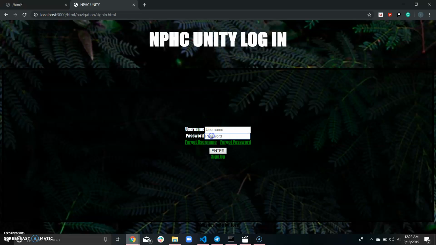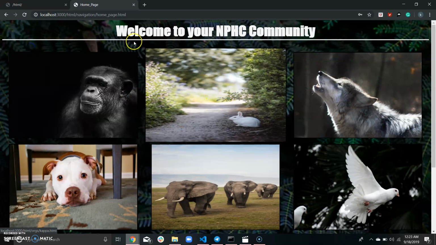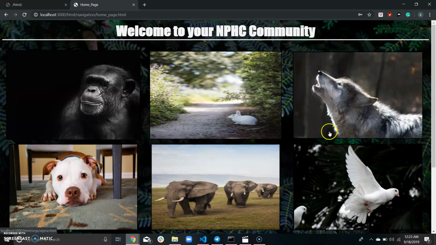Simple username, password. You can put that in. Won't really do anything right now. But of course, password you can't see, and then links towards these two pages, and then enter button. But from there, you can go to my homepage where you then see these pictures or images of our different